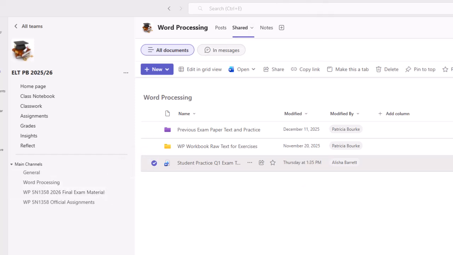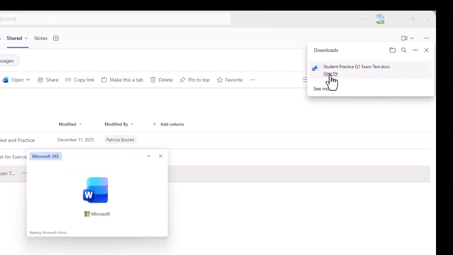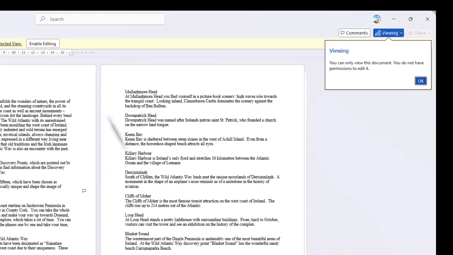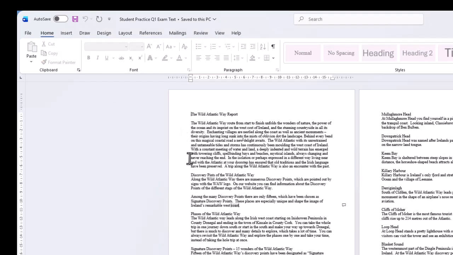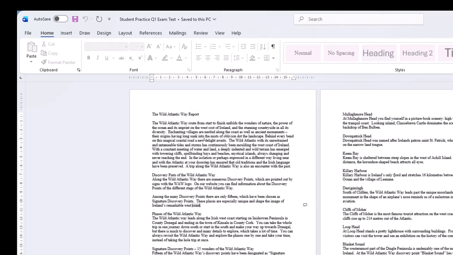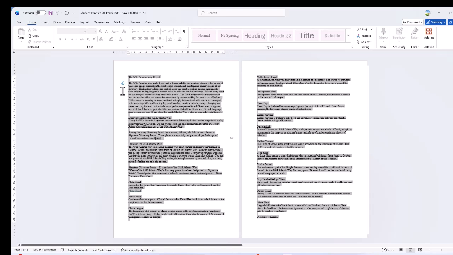We're going to click here, or if it doesn't come up there, you can go to downloads as well. So open file. Now, you'll have to enable editing, and you won't be able to change anything. So what you'll have to do is, I have restricted editing. So what you do is you select it all. You can treble click out there, or else you can go to select all on the home menu